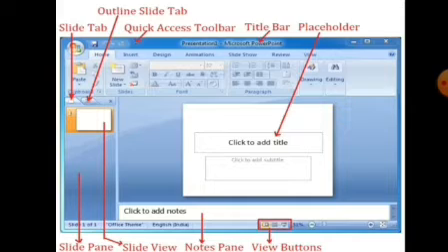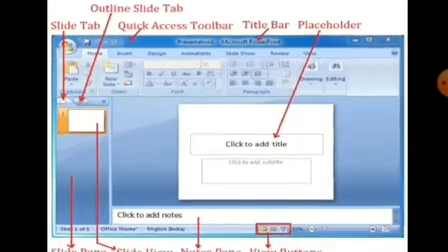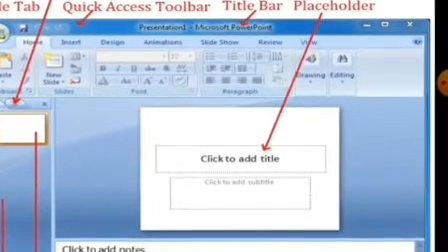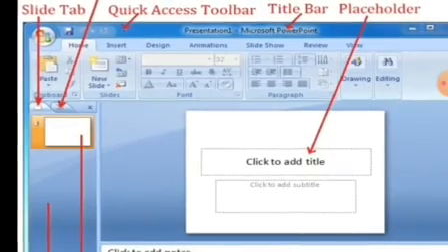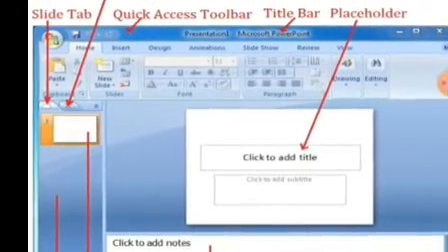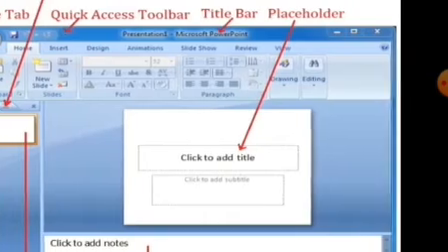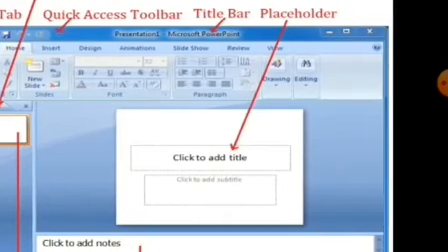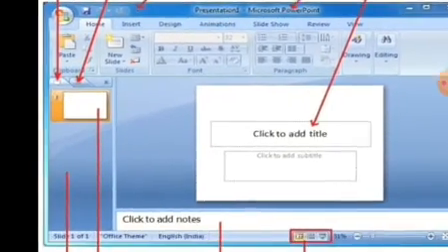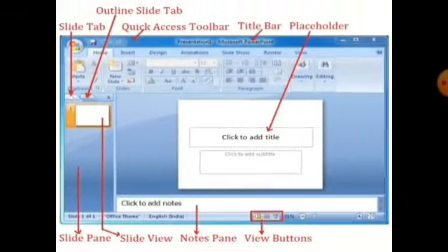Just below the title bar is the ribbon, showing various PowerPoint program commands organized under tabs and groups. Just under the title bar, you can see all this area, all the tools, small boxes, this is a ribbon.